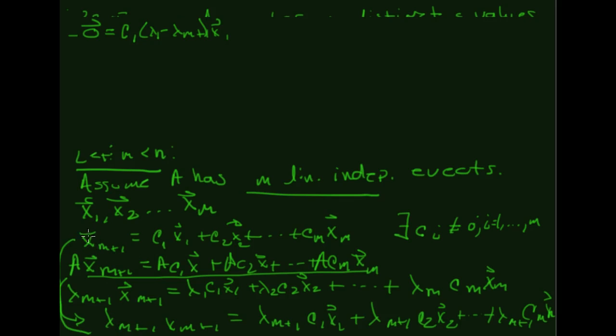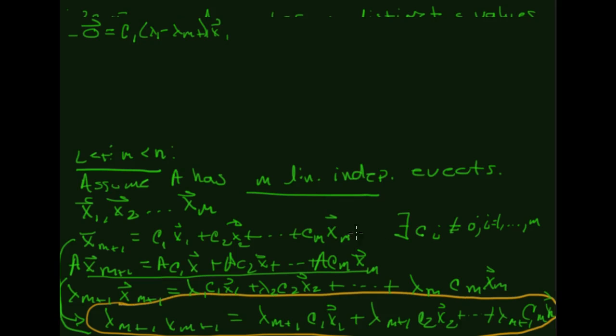There it is. I'm taking the left-hand side, multiplying by lambda m plus 1, taking the right-hand side, multiplying by lambda m plus 1. The two key equations that I need here, so let's circle these before we keep going, are this one, which I get by multiplying this on both sides by lambda m plus 1, and this one that I got from exercising that if I multiply it through by A, I can multiply it through by the eigenvalues. Okay, so this one here